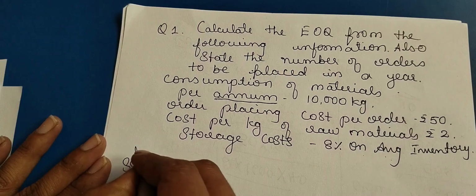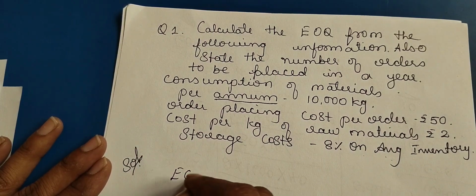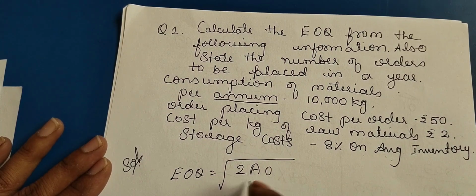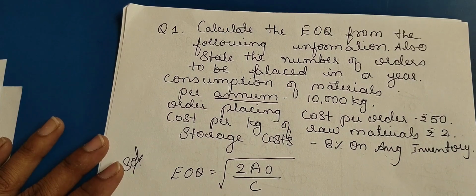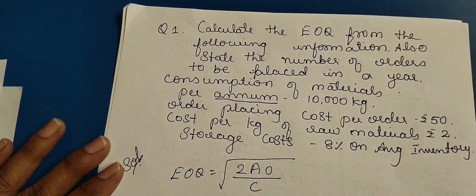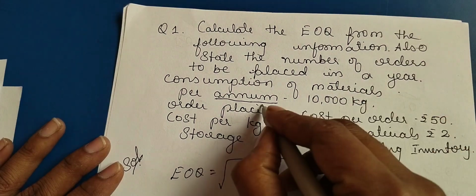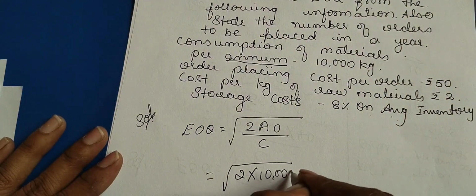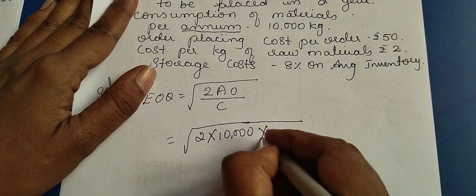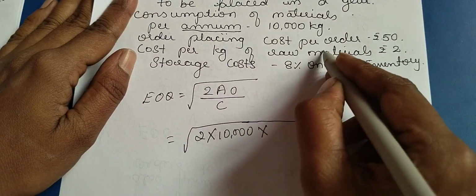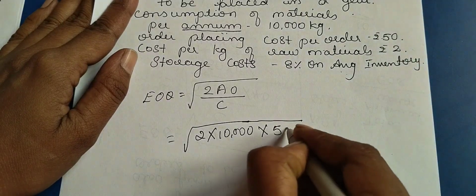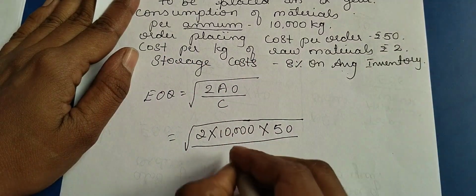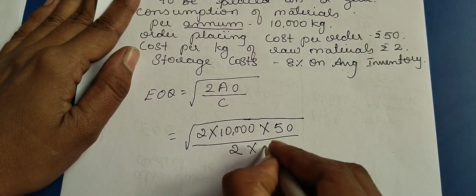Now we'll solve this question. Solution. What is the formula? EOQ is equal to the square root of 2AO by C. Here A is our annual consumption, which is 10,000. Ordering cost, the order placing cost per order, is rupees 50. By C, the carrying cost per unit. The cost per kg of raw material is 2 rupees. On 2 rupees, 8% is